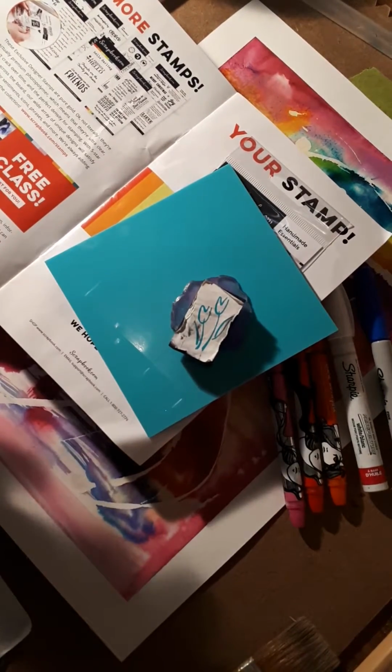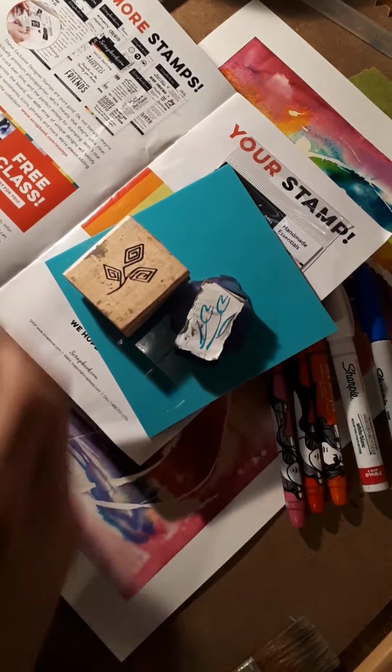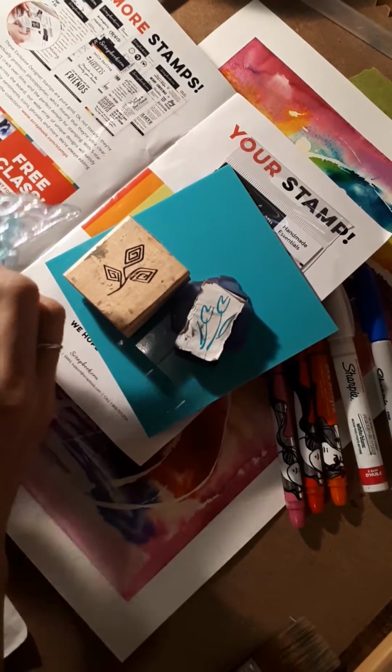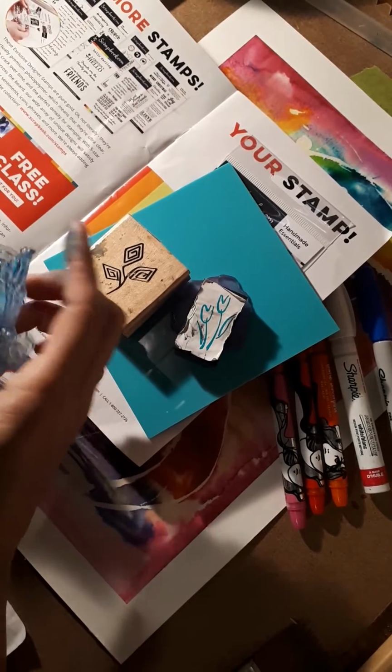So I've got some flower stamps. This is kind of a funky one. Also, I love birds, so I've got some bird stamps. Got an owl. You know,